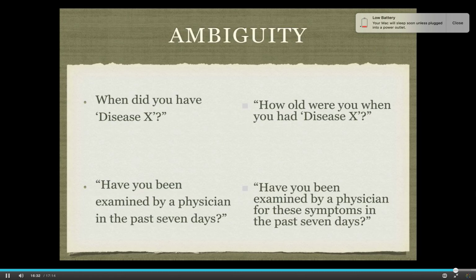Let's look at the second example. Have you ever been examined by a physician in the past 7 days? An individual might have gone to one or two or more physicians in the last 7 days. And so if we are asking about examination for a specific symptom, then we need to ask that exactly. If you look to the right of your screen, you will see that a better way to phrase that question to avoid ambiguity is to ask, have you ever been examined by a physician for these symptoms in the past 7 days? And so making our question clear and